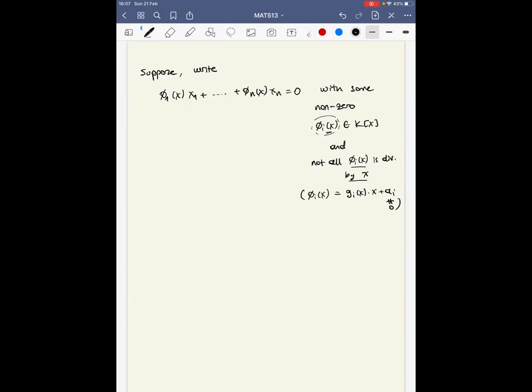And here also note that in the summation, we can choose an index j such that its polynomial coefficient phi_j(x) is not divisible by x,